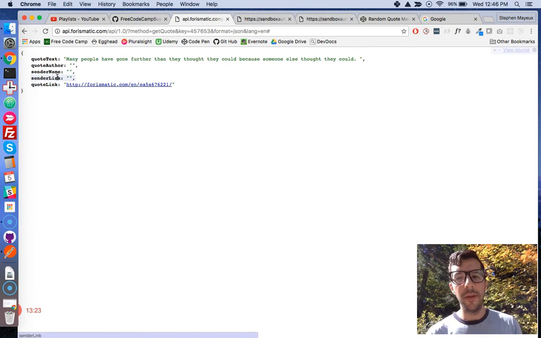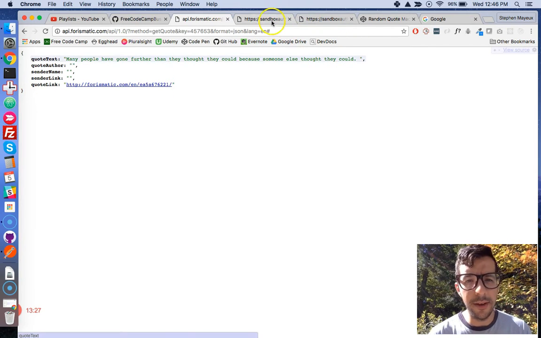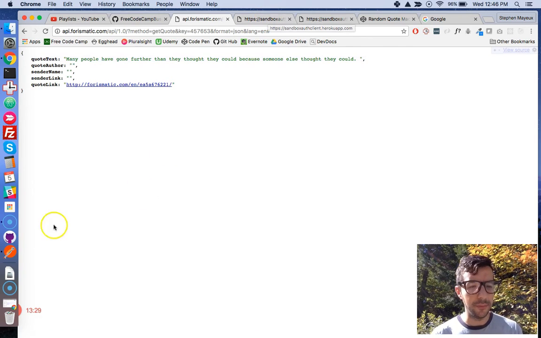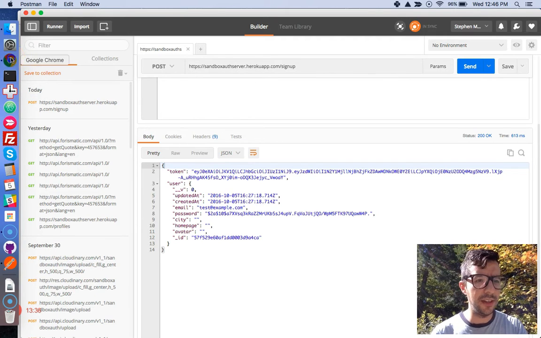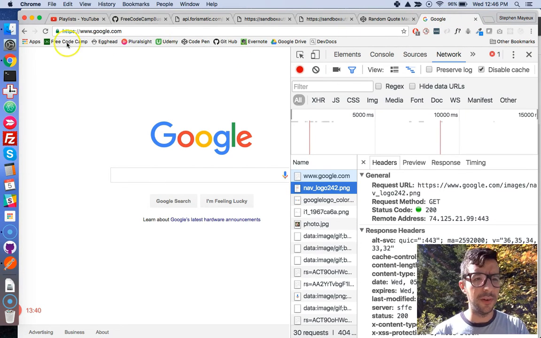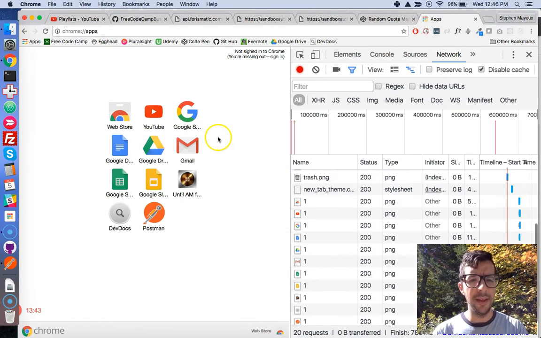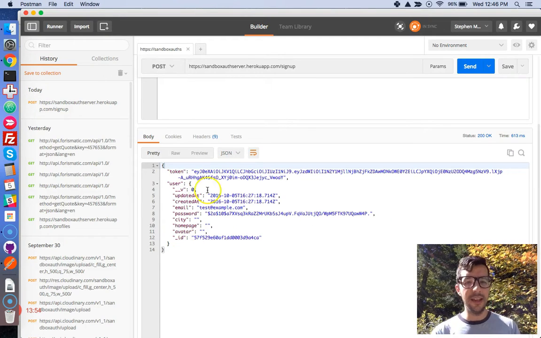Okay, so basically, that's one thing I wanted to show you. Another tool that's really, really cool is this guy here. It's called Postman. It's a Chrome app, so you just have to go to the Chrome App Store. You click that button, Apps, and you can add apps here. It's really, really easy. So search for this one. It's called Postman, and you can essentially do the same thing.